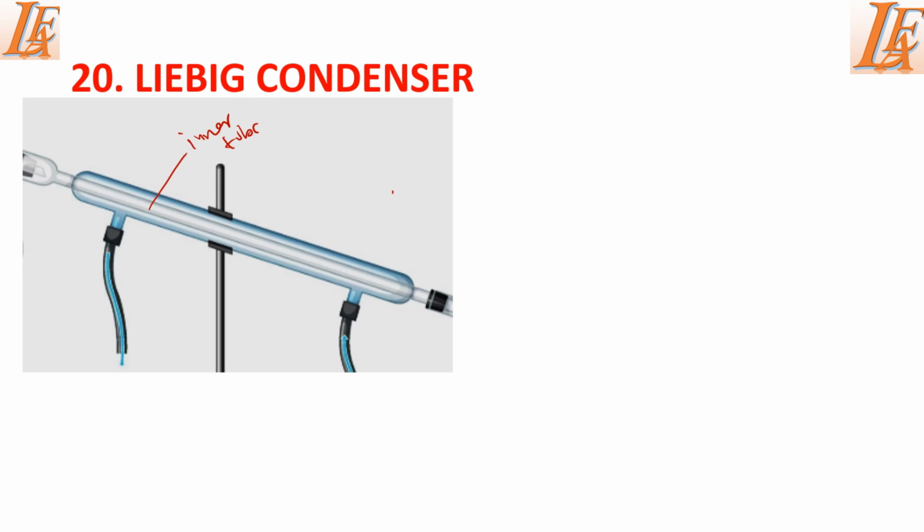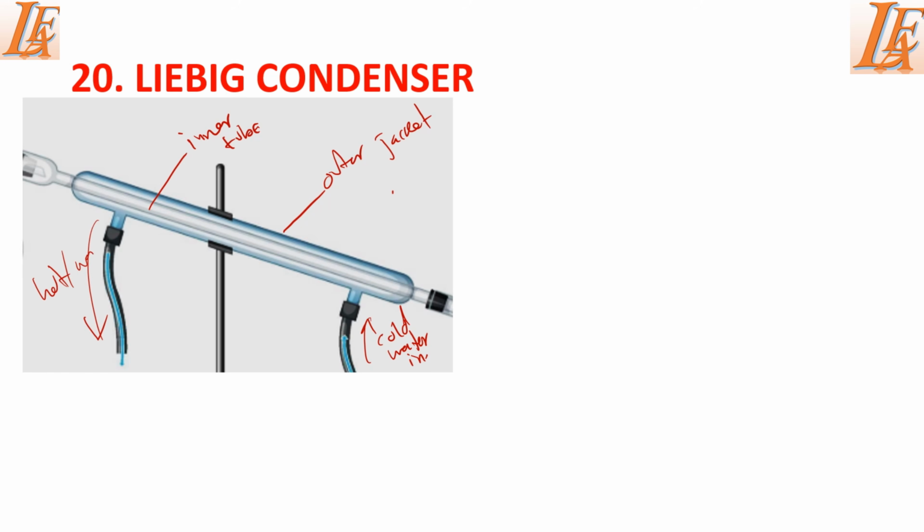For you to identify a Liebig condenser, it must have this inner tube which carries vapor, and then it must have the outer jacket which contains cold water. The function of this cold water is to cool the vapor which is in the inner tube back into liquid state, which we are going to call a distillate in the distillation process. So this Liebig condenser has 2 main parts. It has this lower part here which we call the cold water in. It allows cold water to come in, and then it has this upper part here which we call hot or